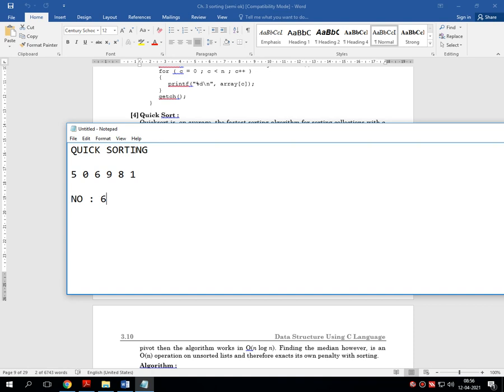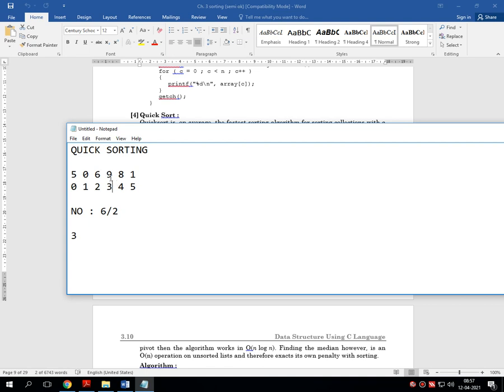Divide it by 2, that means divide into equal parts. Let me give the addresses here: 0, 1, 2, 3, 4 and 5. Whenever we divide these 6 elements by 2, we get the position number 3. So whatever number is stored at this position is considered the pivot element. So this 9 is considered the pivot element.